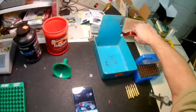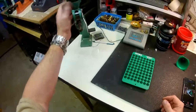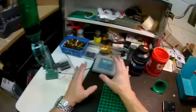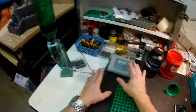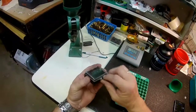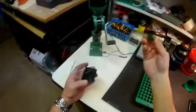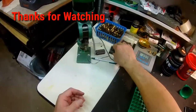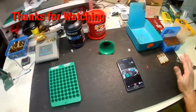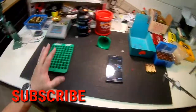Okay, so you get your primers put in, you do your powder, you measure it out, make sure you're pretty darn accurate. Don't mess around with that, because that's where you'll blow up. I got a different one of these that can be screwed in here. This is a bigger opening for bigger rounds. But right now, like I said, everything's set up for 223. I'm just showing in case you decide to change the